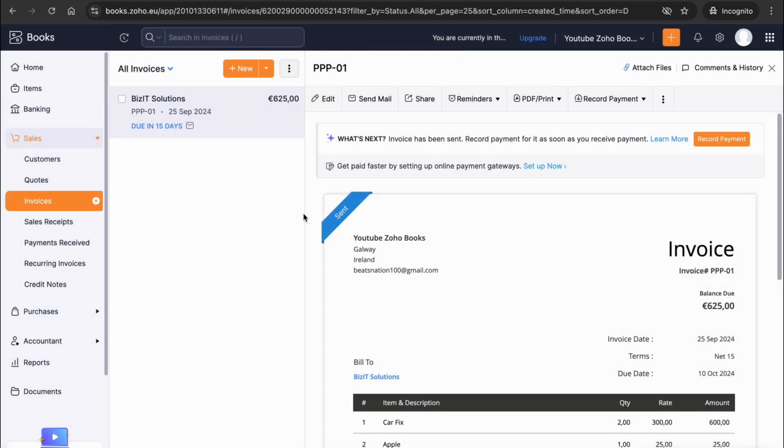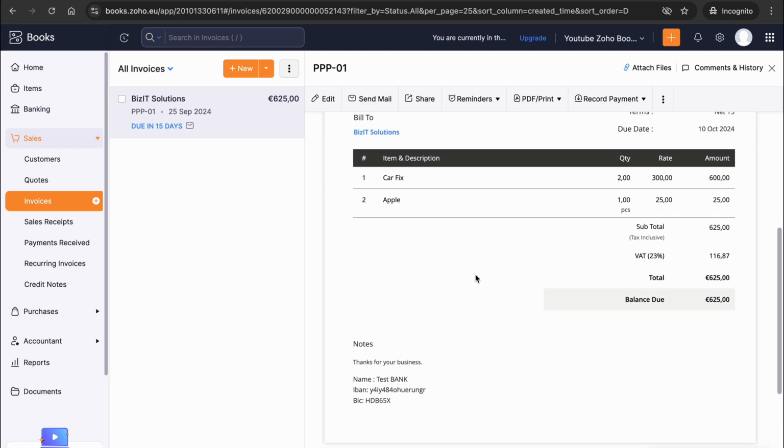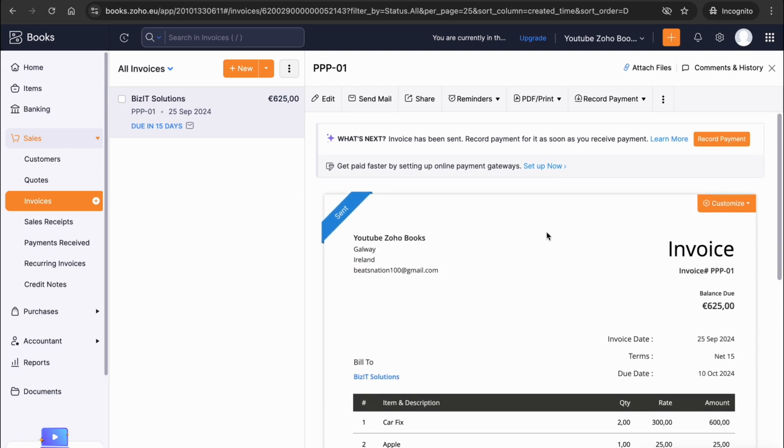You can see there, I just got a notification. So I just received the invoice there to info.businesssolutions.ie. And basically, when you don't have an online payment gateway, you're not going to actually be able to know automatically when someone has paid you. But that's the one really, really good thing about setting up a payment gateway like Stripe or the Verifone or PayPal. When someone pays your invoice or when they paid online, you're automatically going to know that they've paid. They're automatically going to receive a thank you